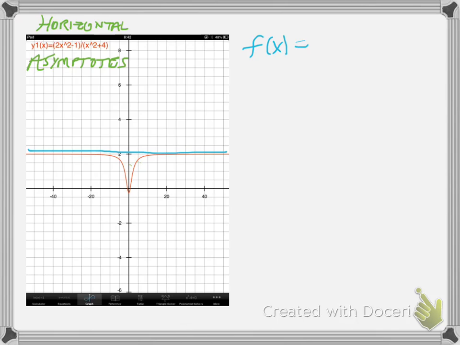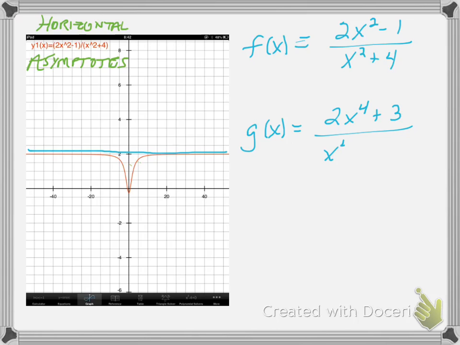In this particular case, we're dealing with (2x squared minus 1) over (x squared plus 4). Now let me give you some other instances of functions that would have a horizontal asymptote at 2. You could have maybe something like this, (2x to the 4th plus 3) over (x to the 4th minus 7x squared plus 1). Or maybe you could have something like this,